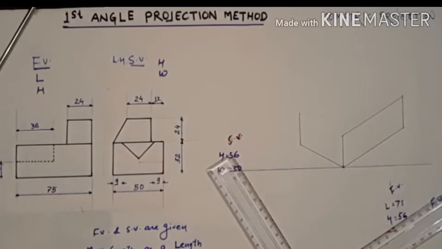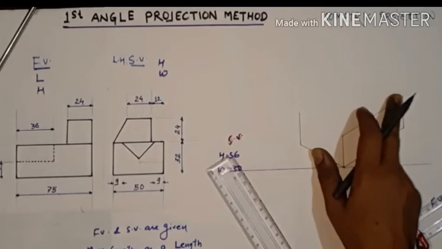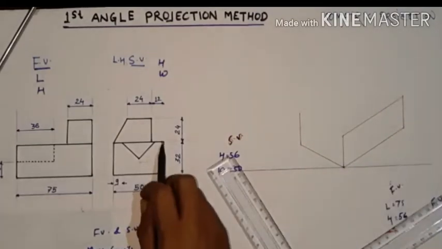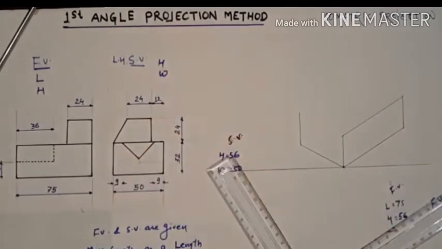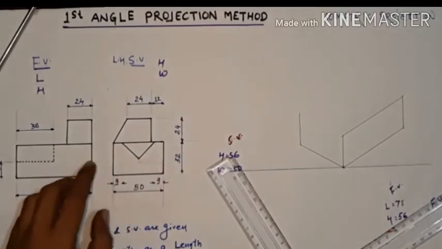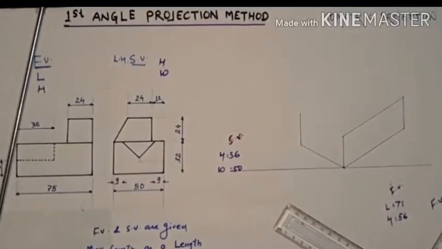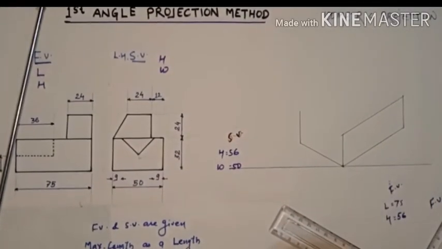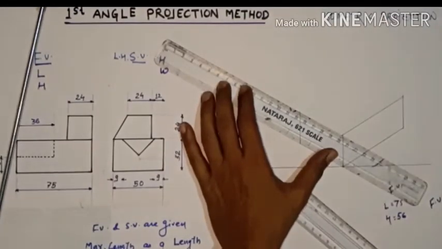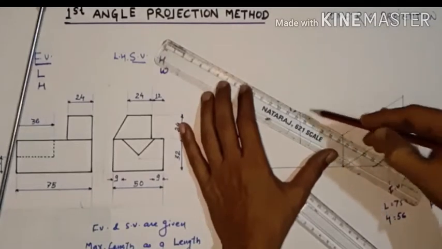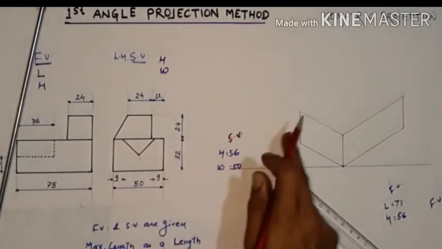Now what about the further height? The next height of 24 mm is drawn from here. Remember there is a gap of 12 mm in the side view. So firstly we need to complete the side view. So what looks like the side view is like this. From here we again need to join these 2 lines with a single line, with a light 2H pencil, because I will remove some of it later. So here a triangular portion looks like this from the side view.